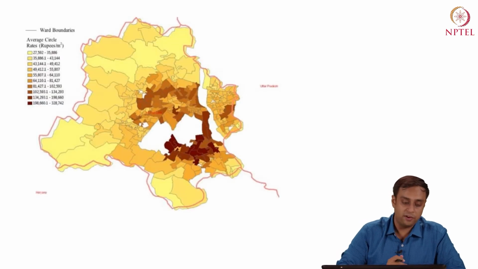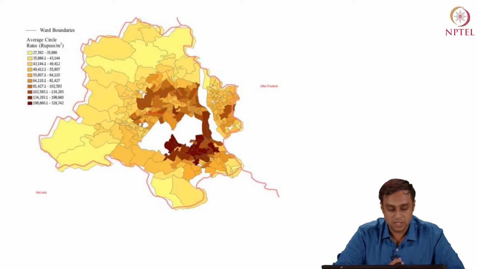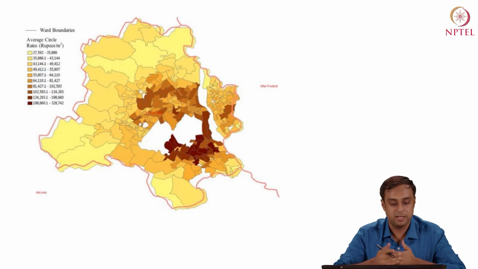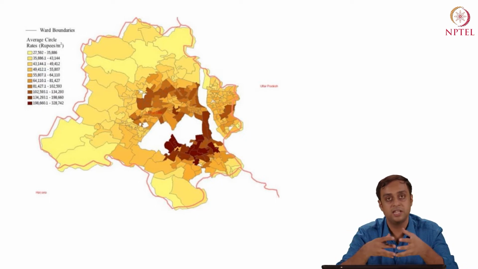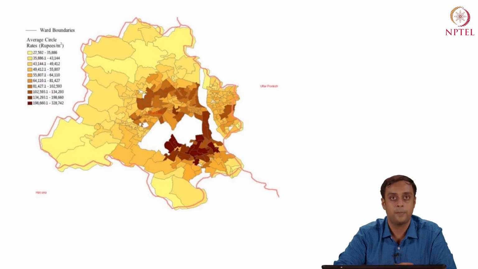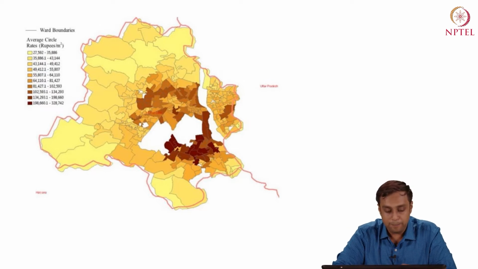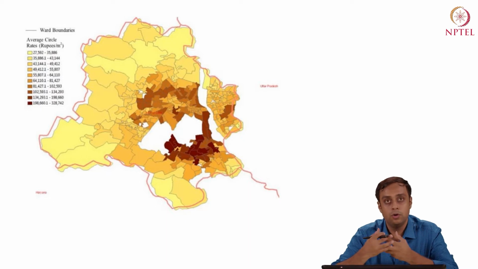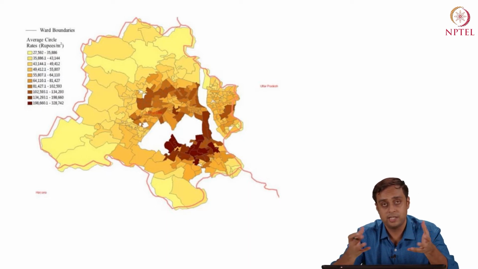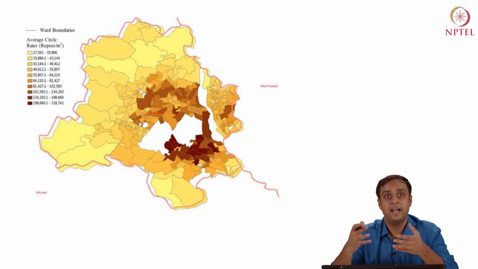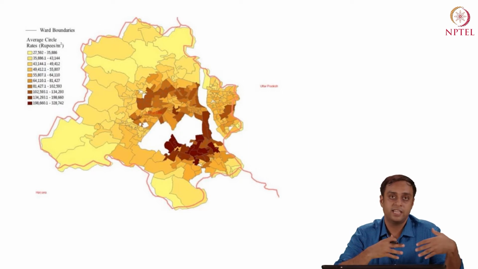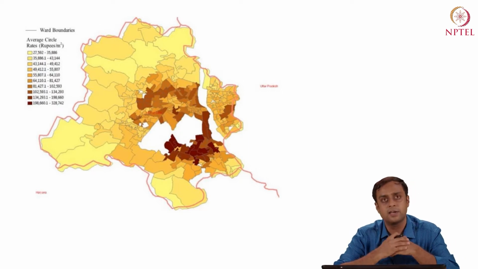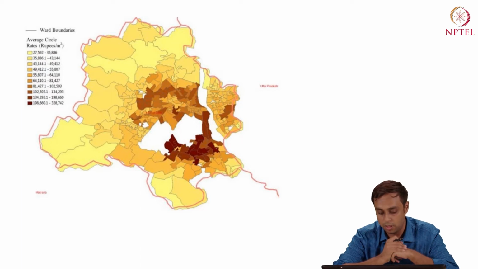Let's look at this example of the real estate market of Delhi. So the map that you see is a map of average circle rates, which is rupees per meter squared, where you have different districts in the National Capital Territory of Delhi. The light yellow colors refer to low average circle rates in a given district. That is, land is relatively inexpensive in those areas. And the darker blocks or polygons are the ones where the land is priced at an